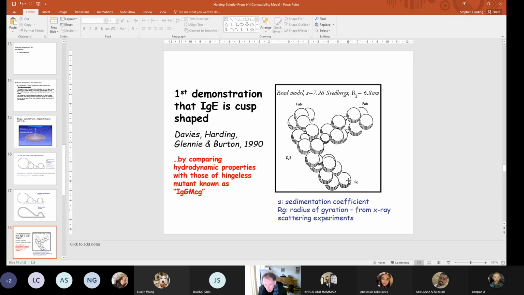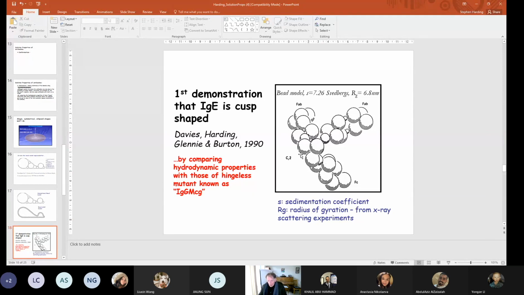It was a bit more complicated than that. We had to do some comparisons with this hingeless mutant antibody molecule called IgG-MCG. But that's basically how we did it, by model fitting the sedimentation data. And then later on, the NMR measurements were done on the fragments, and then X-ray crystallography became available on